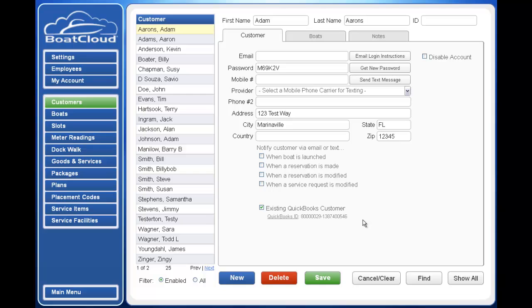to that customer. Again, to show you that BoatCloud is the master record holder so that you're not managing data in both locations, let's take Mr. Aarons, Adam Aarons, and let's give him some credentials. Let's say that his email address is adam@boatcloud.com. Phone number is 512-555-5555, and let's say that his address changed, and we'll say he's in apartment 101, and we'll hit the save